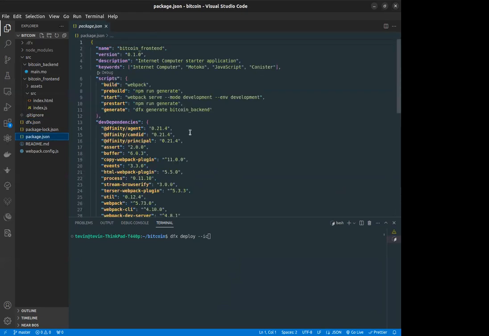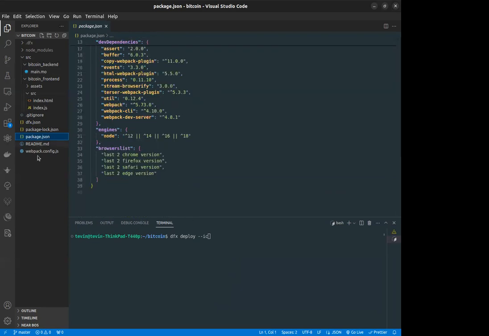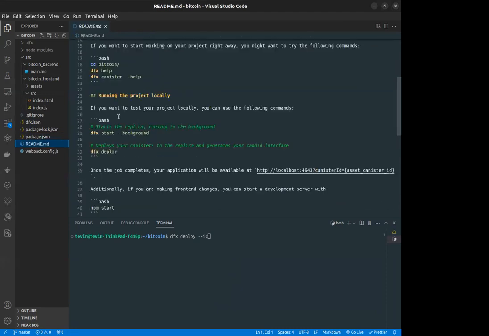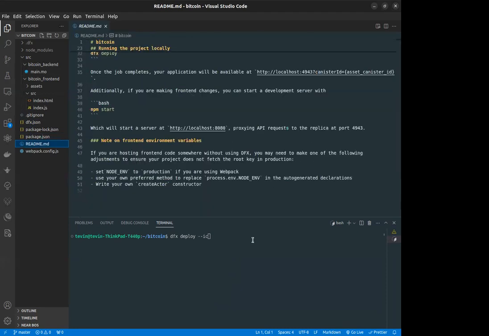Okay, they are in the package.json file, they're always listed, but also in the README you can always see dfx deploy. But if you're deploying on the mainnet, you have to put dfx deploy --network ic,